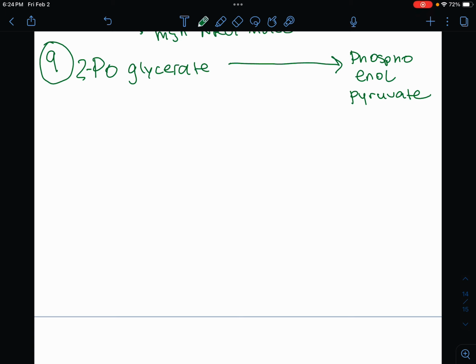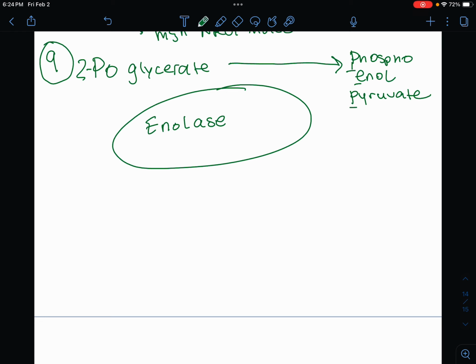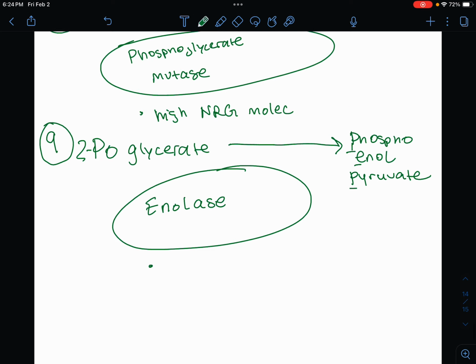All right, this molecule here, phosphoenolpyruvate, is also known as PEP, so that's why I kind of stacked them up like that. When we're going here, we're going to use the enzyme enolase. And this is going to be a high energy molecule again, so kind of the same rationale, just making it have even more energy for us,